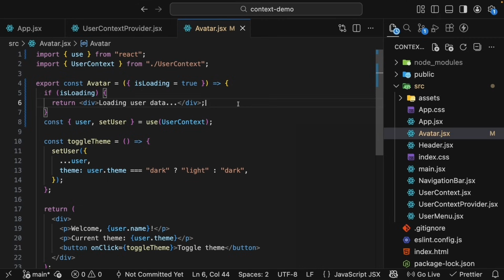There is another subtle benefit here. Because we return early, the use call is never executed. React doesn't even have to walk up the component tree looking for the context provider, and we skip that work entirely. But if we try the same with useContext